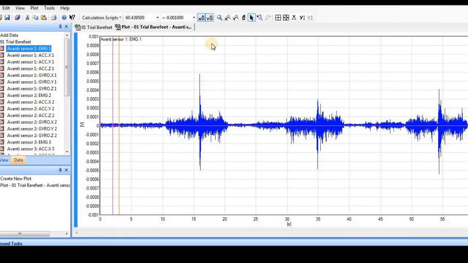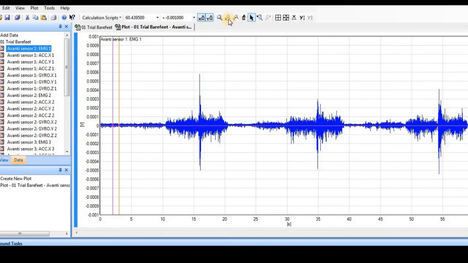Now before I start with the pre-processing of this signal, let us understand some features of this user interface. These are the common cut, copy, paste, open file, save, etc. that is there in almost every software these days. Then these are the zoom tools.